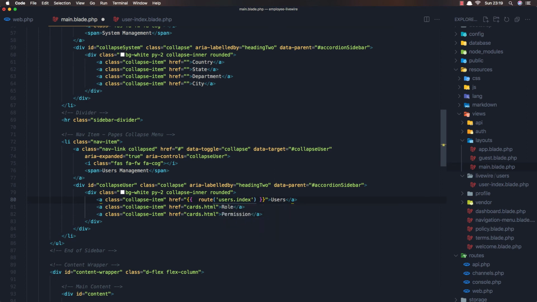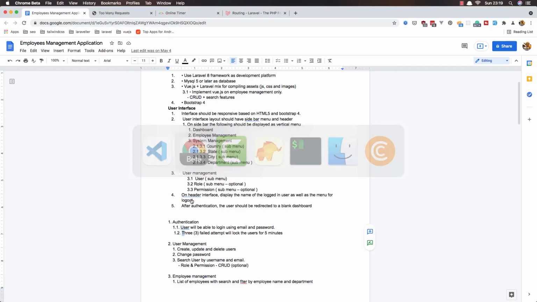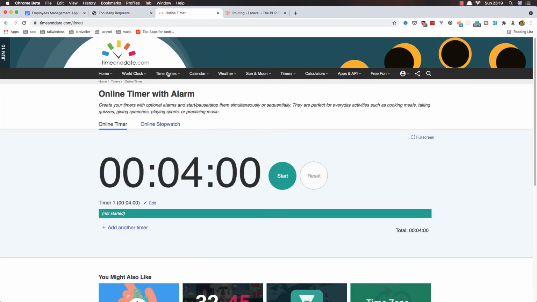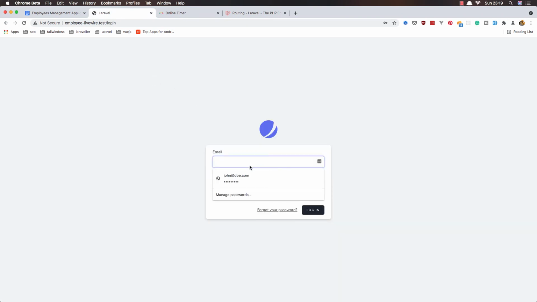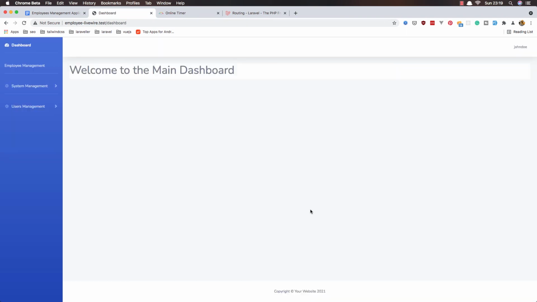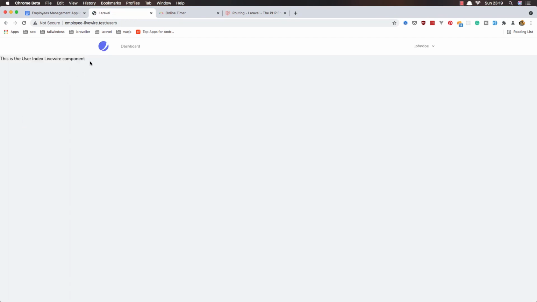Okay, hit save, go to the application, and now I think we can make a login. Go and login, and if you go to the user management, go to the users, we have this user index Livewire component, and you see here we lost the dashboard,